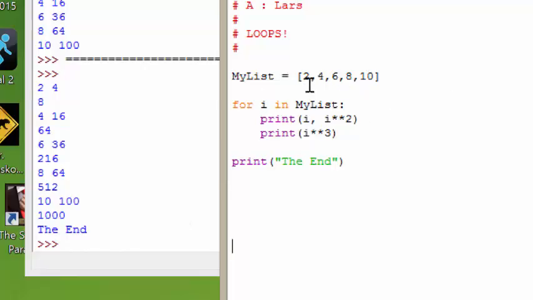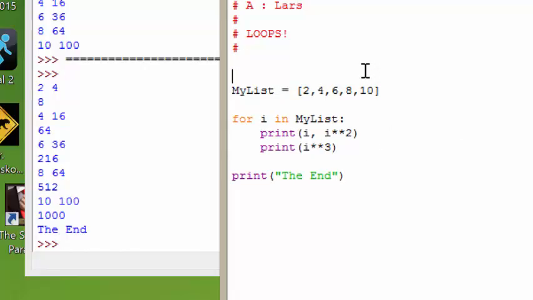It knows what the end of the list is, and it drops out, and it prints the end right there. Okay? So that's really the simplest thing we can do with iteration with Python. We're iterating over a list. All right? Now, as always, I am going to put this up in resources for you to have and to play with. But for now, we are going to zotz that out because we need to move on